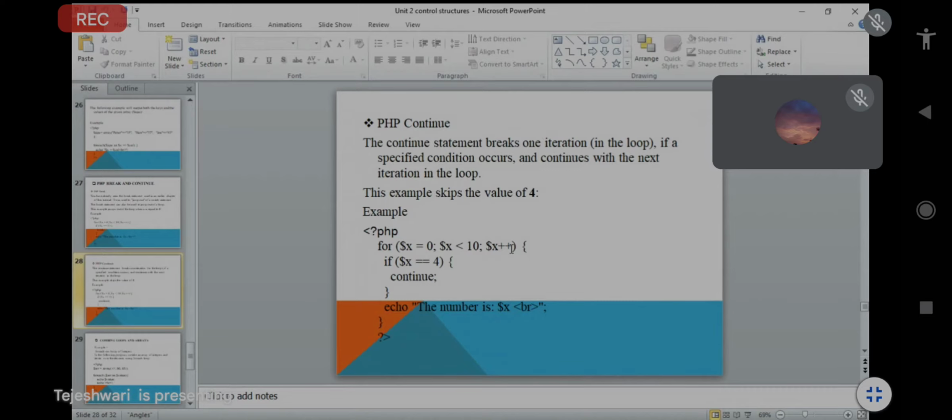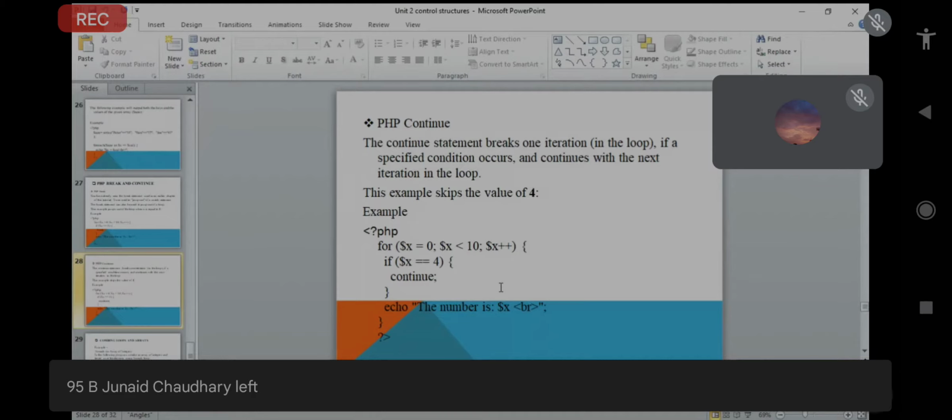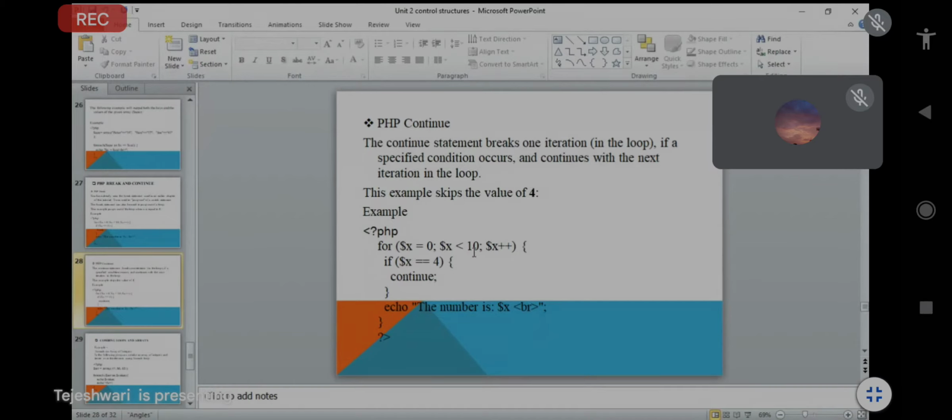Then $x < 10 and $x++. In this, if $x is equal to 4 and you meet this condition in the loop, then that particular 4 will be skipped and the loop will continue.